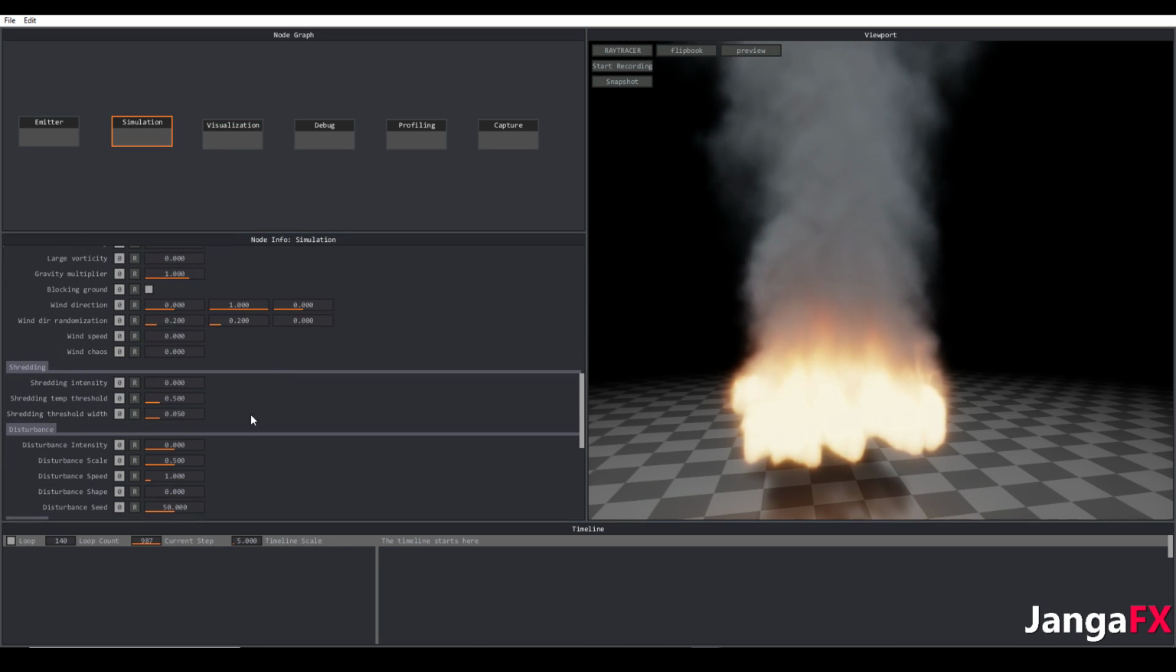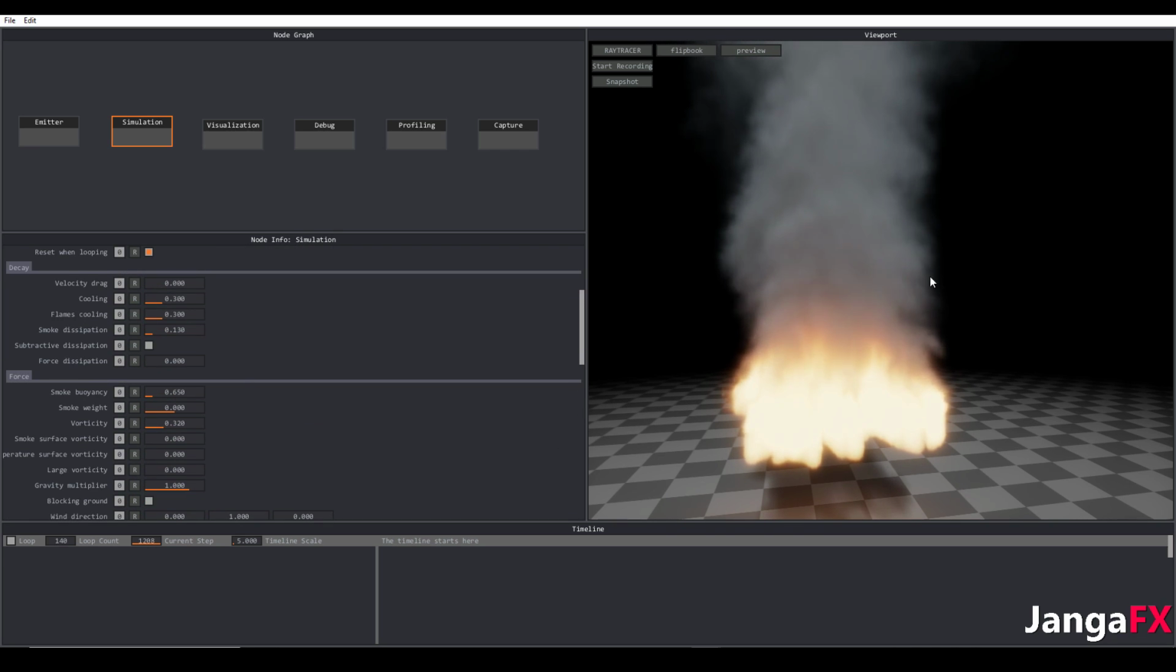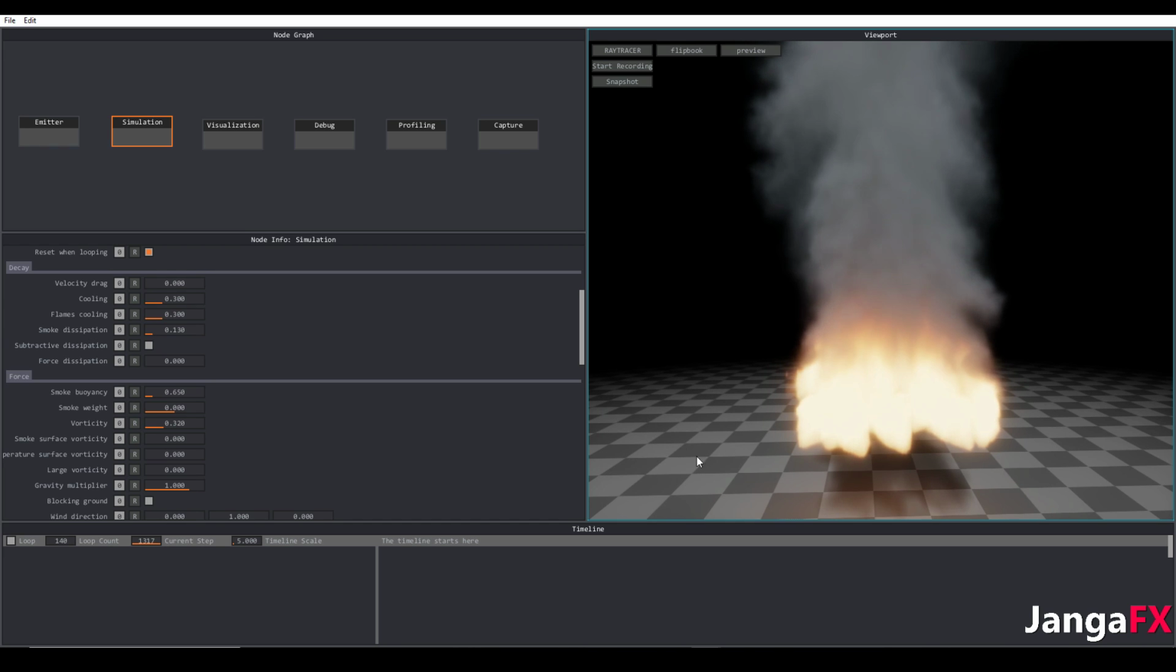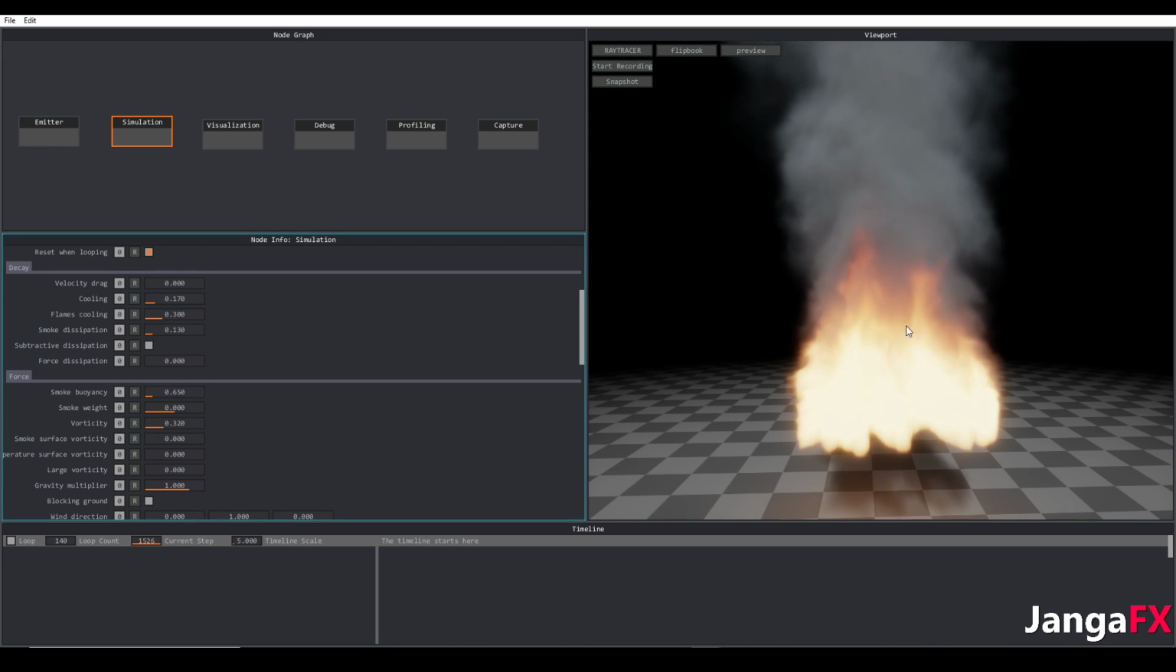We could also tune our cooling. So this is not using combustion. This is using our simple model. And then we can change our cooling a bit, have these flames go up higher. And of course,